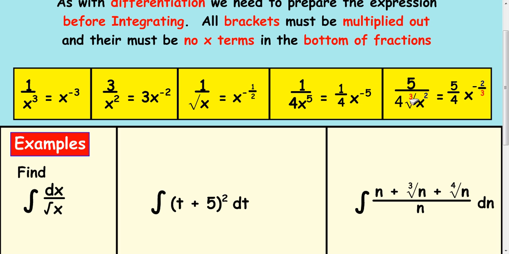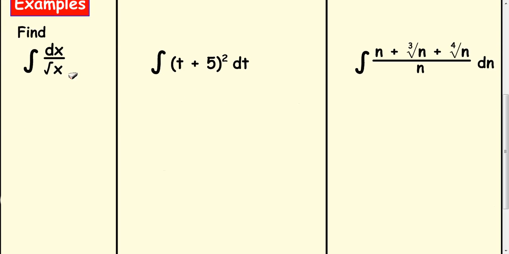And we must be good with our roots and powers. The root always goes at the bottom of a fraction and the power at the top. So this bit becomes x to the 2/3, and then when you take it up the top it becomes negative. Sometimes you see integration like this. Now really what's happened there is the dx's went in the top